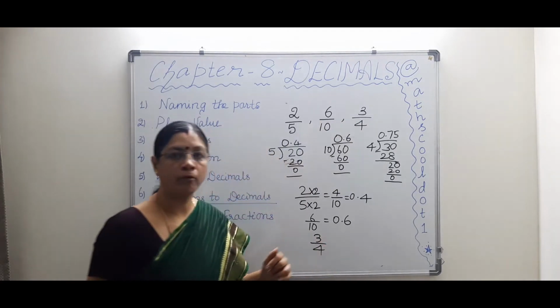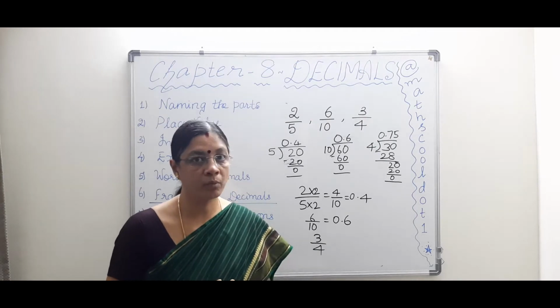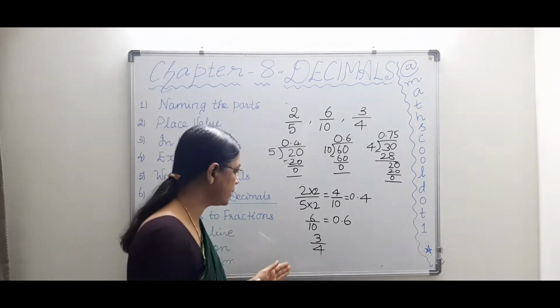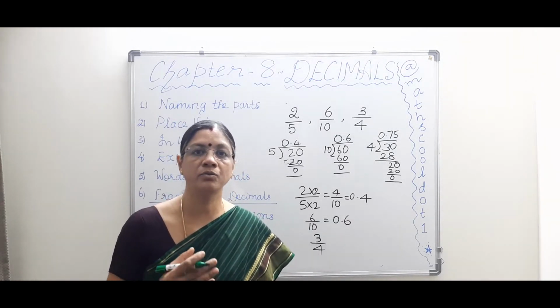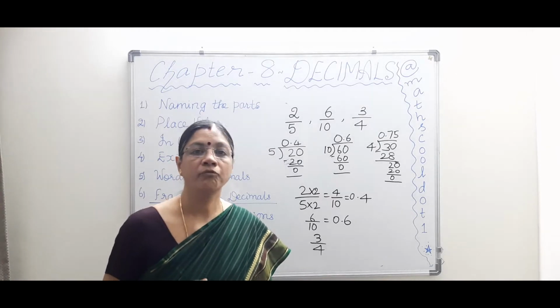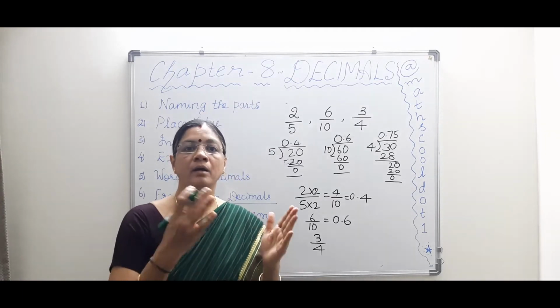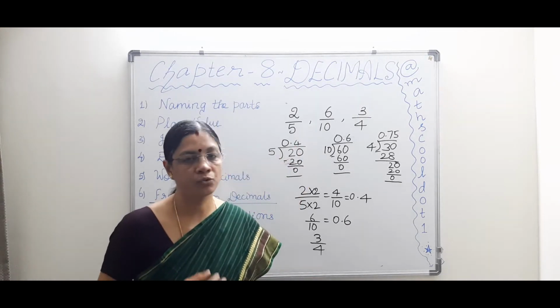What about 3 by 4? How do I convert 4 into a multiple of 10? 10 is not possible. The next multiple of 10 is 100, isn't it? So I can change it into 100. So just keep to tens, hundreds and thousands. You just try to do it in that way. If you take 20, 30, 40 and so on, you need to divide the numerator again. If 20 is taken as 2 into 10, you need to divide the numerator again by 2, so that becomes